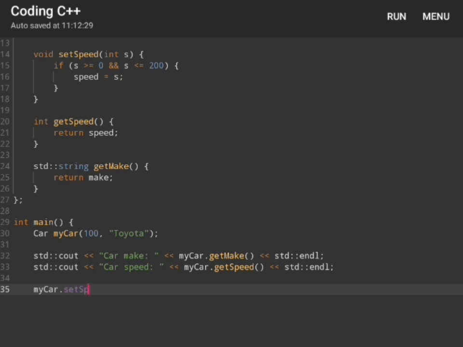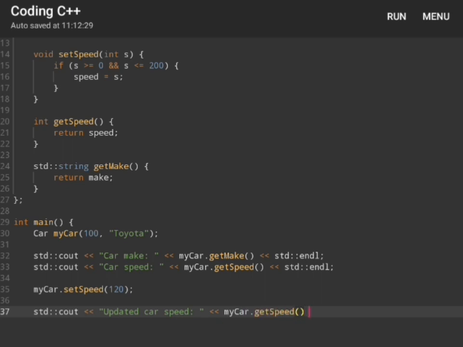And myCar.setSpeed(120), std::endl, to access modified speed using public member function. Let's code this, updated car speed, myCar.getSpeed(), close and open parenthesis, and let's code return 0 at the last to return statement